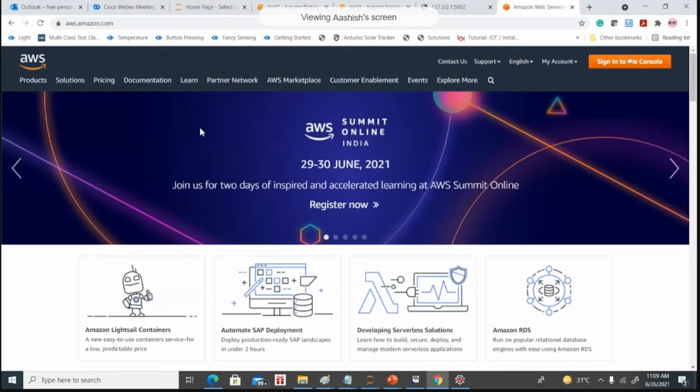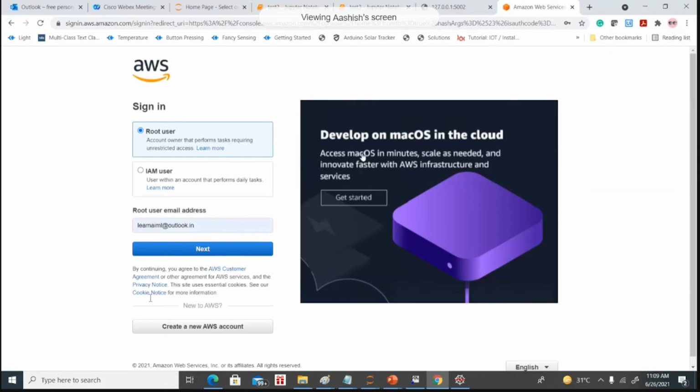So in order to deploy on the production environment, we are going to use the AWS cloud. On AWS we create one VM and deploy this trained model on the production environment.